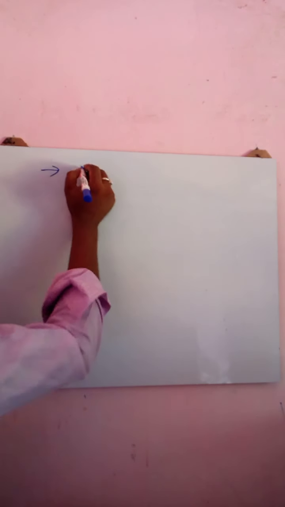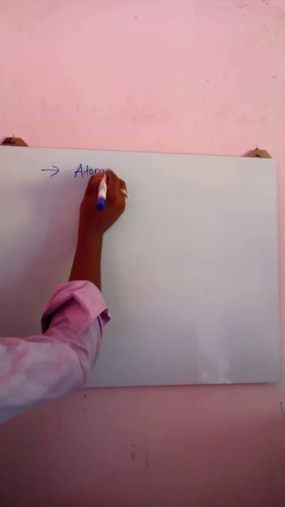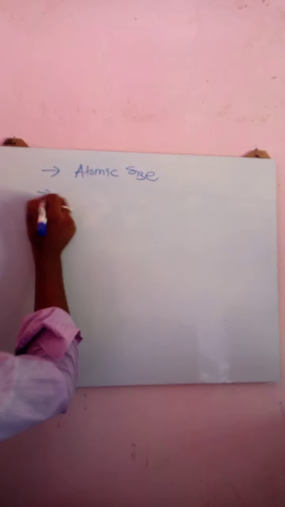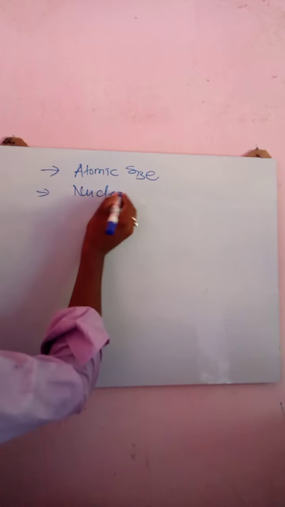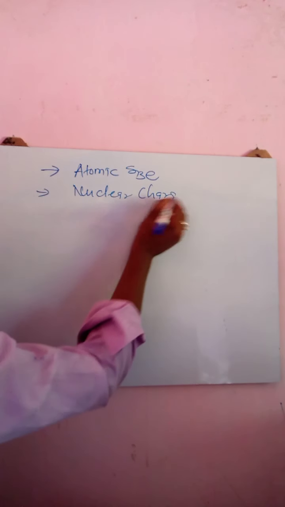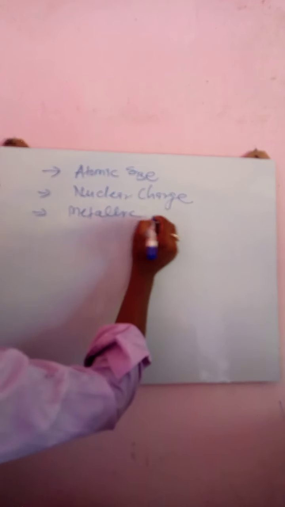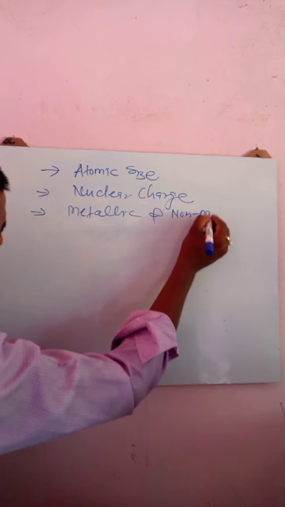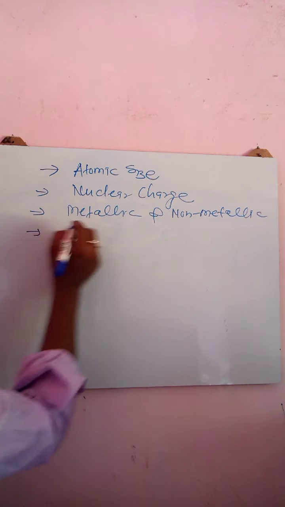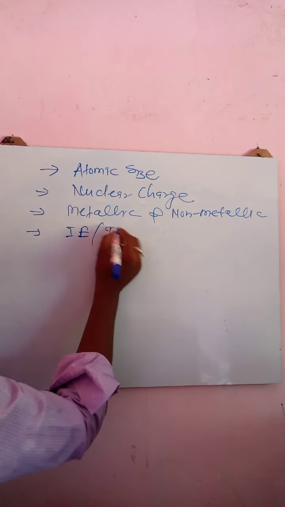So as per your syllabus, we have to cover the following periodic properties. Atomic size. We will understand what is atomic size. What is nuclear charge, we have to understand. We have to understand what is metallic and non-metallic character. Earlier I have already told you all. Here in speed I am telling you all because it is just a reminder, a revision. That's why I am going very fast. Metallic, non-metallic character. Ionization enthalpy or ionization potential.